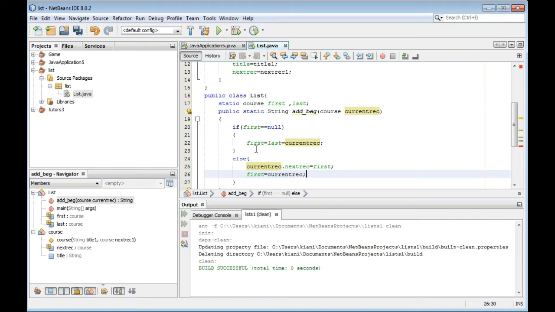This is static, so we should add the static method.